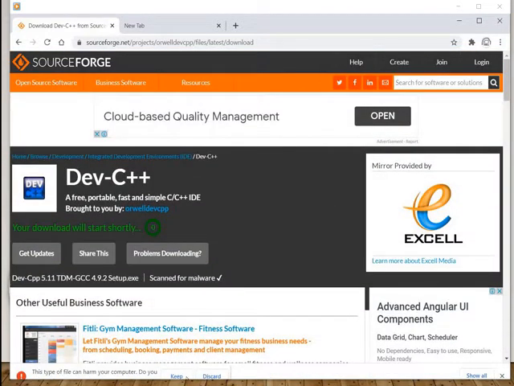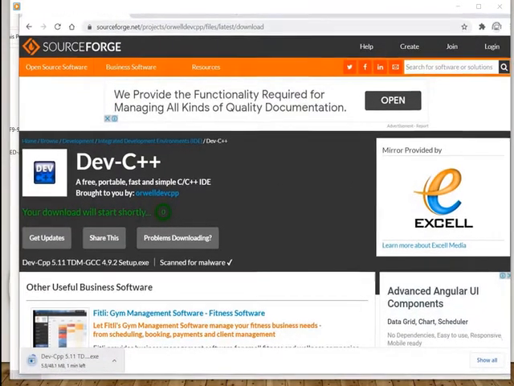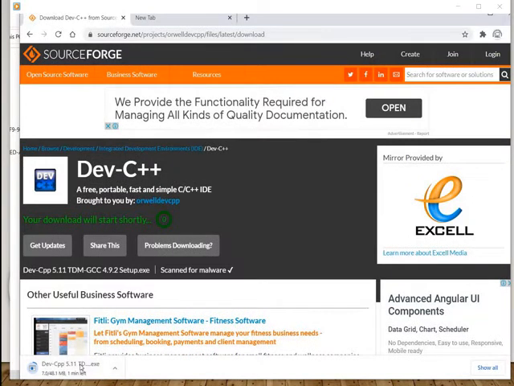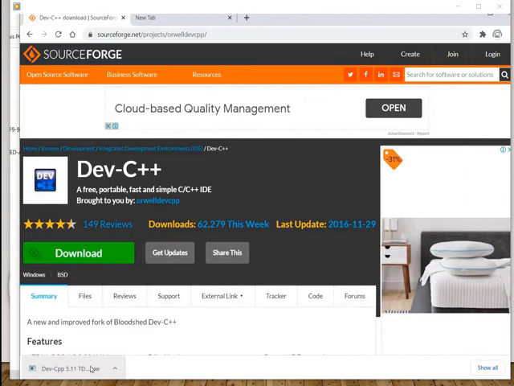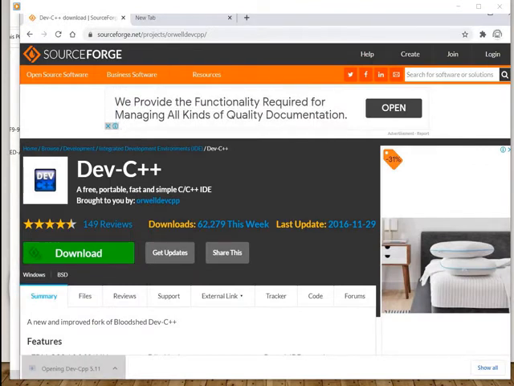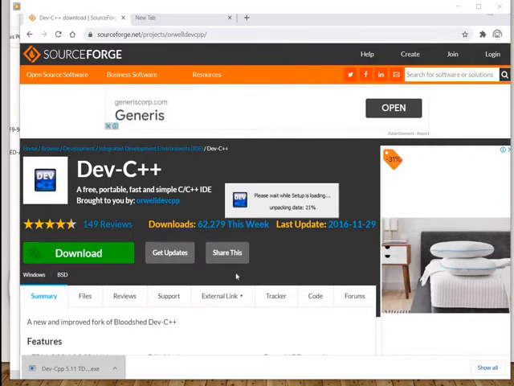So it's asking that it will harm your computer as it's a free source. Antivirus is giving the warnings but allowing to install. So the exe file is downloading to the computer. Double click the exe file after downloading. It takes a moment for the installation. Wait for it.